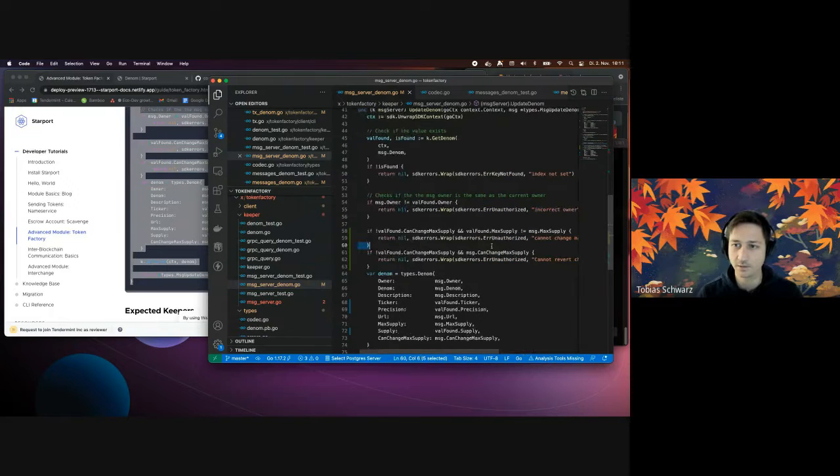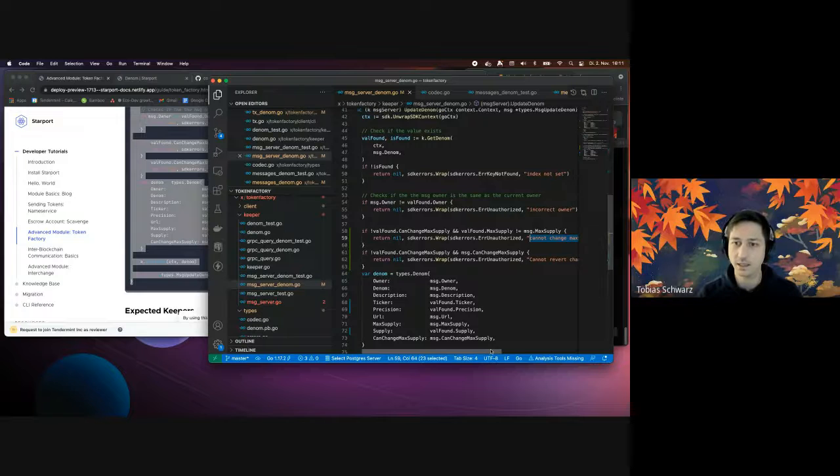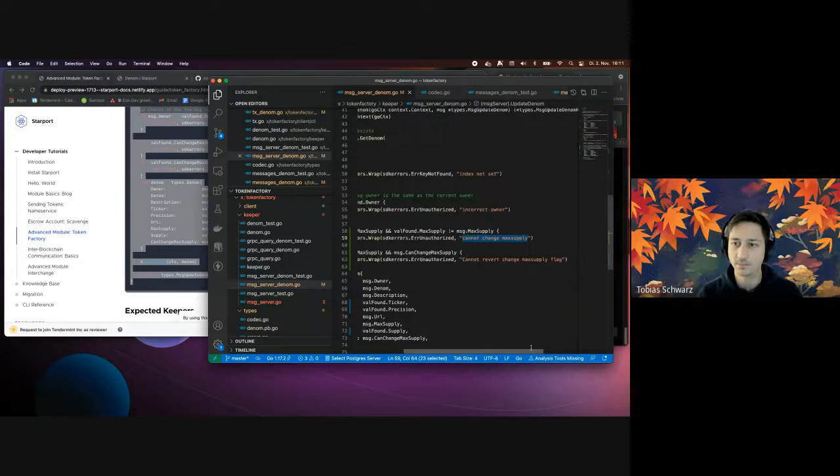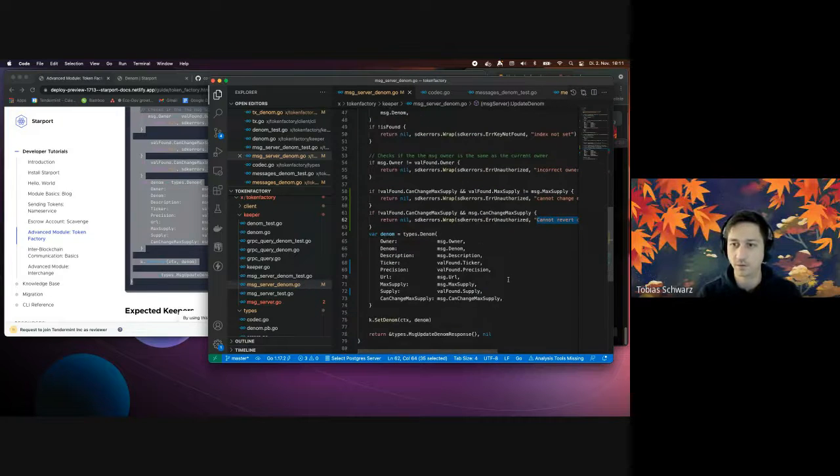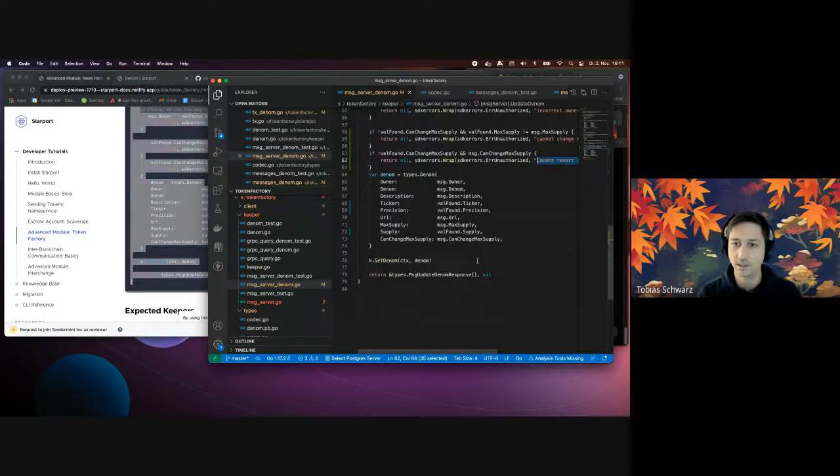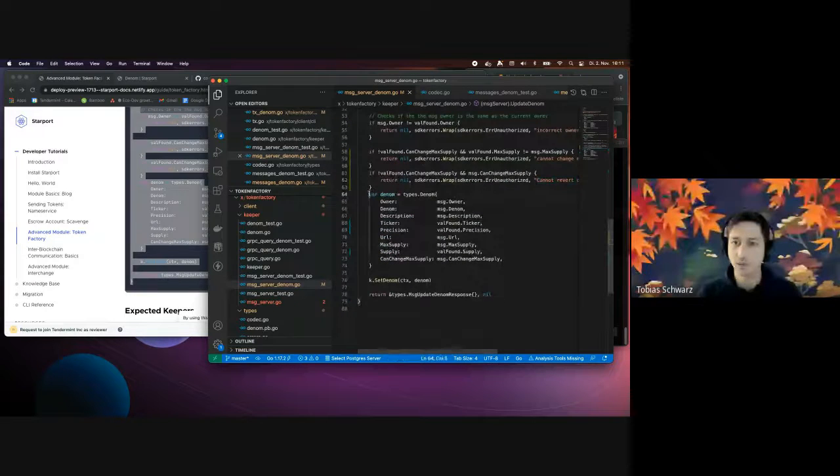Max supply also needs to be set if it's set to true, and as I've explained before, you can only change the max supply once to false, and afterwards it cannot be set to true again, and we make a check for this. And if everything is successful, we update the Denom with the keeper.SetDenom function and the described message variables passed in